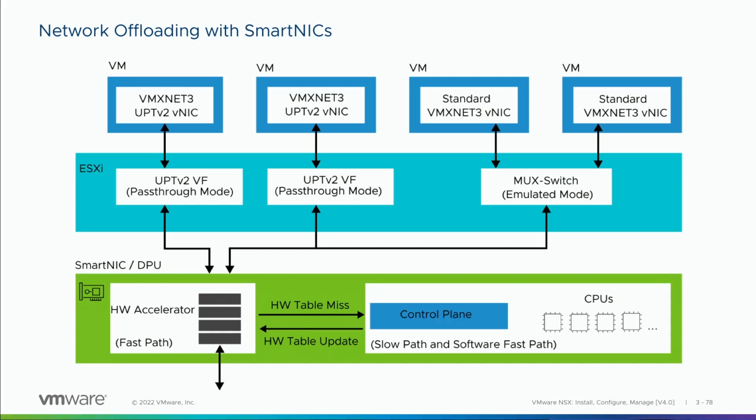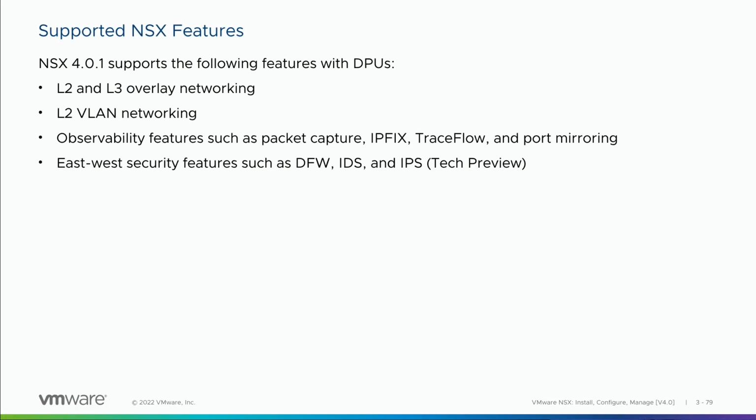So, the traffic can go through. And if we allow the flow to go through, then the hardware table is updated. And then the next frame that comes through is going to hit the hardware table and be processed through the fast path. So we're adding a layer of complexity in this additional hardware and the processing and compute happening on that particular hardware. But we're doing that in a pass-through mode, so we can not quite completely bypass the vSphere configuration, but fairly close. We can do in NSX 4.0.1 DPU acceleration for layer 2 and 3 networking, for VLAN,